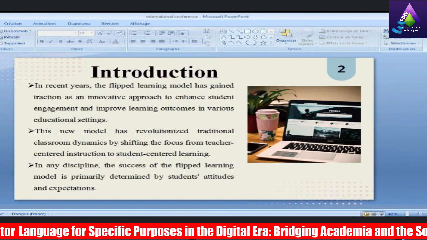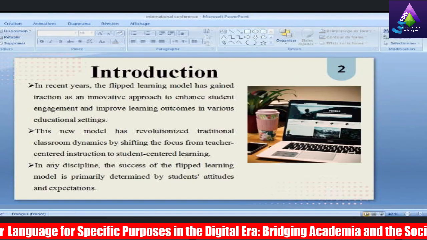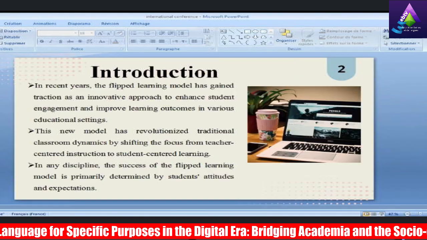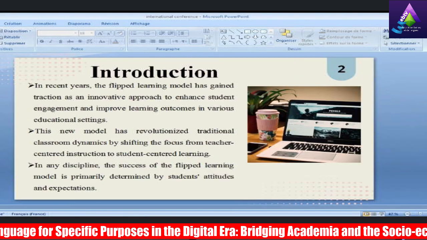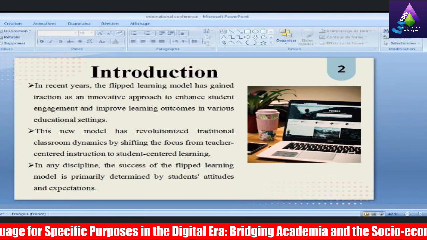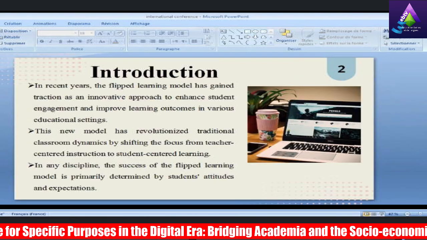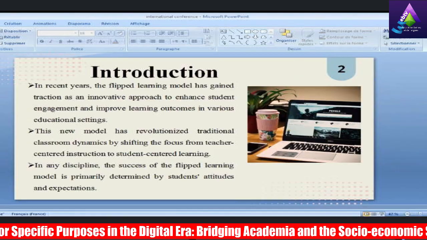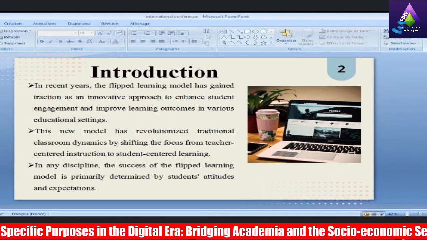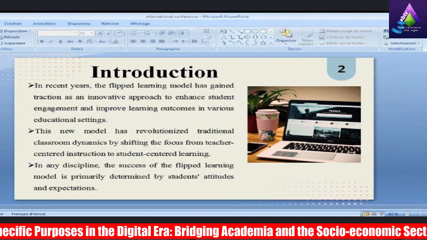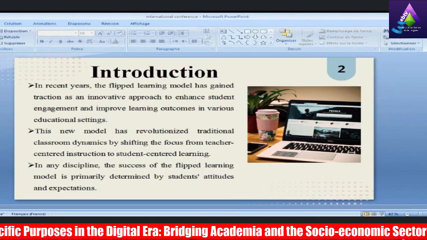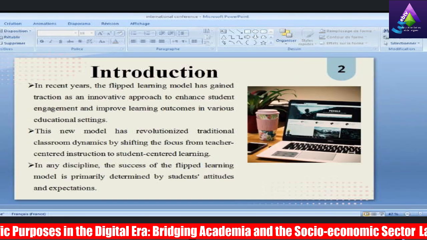I have summarized this in the form of subpoints. In recent years, the flipped learning model has gained traction as an innovative approach to enhance students' engagement and improve learning outcomes in various educational settings. This new model has revolutionized traditional classroom dynamics by shifting the focus from teacher-centered instruction to student-centered learning.